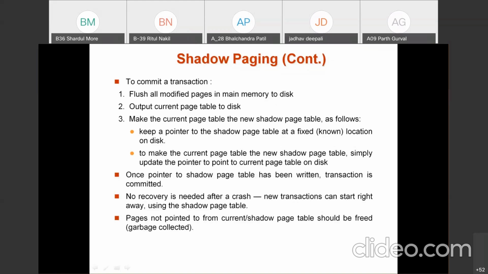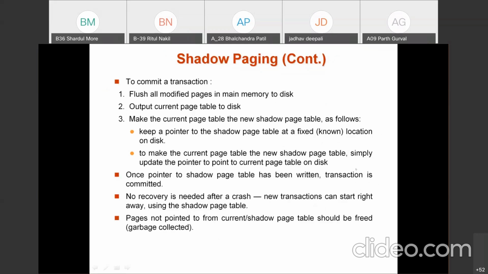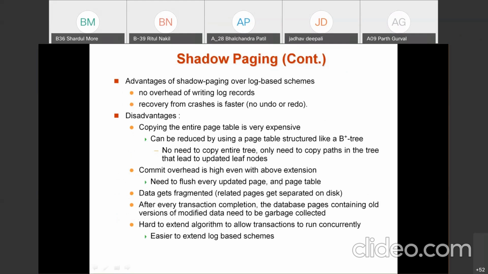So what disadvantage do you observe here? The disadvantage is that every time we need to copy the current page table to the shadow page table, which is costly. But the advantage is that no recovery is needed after a crash, because the shadow page table is available, which is used to recover from the failure.